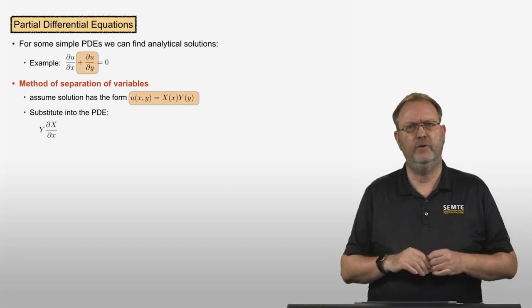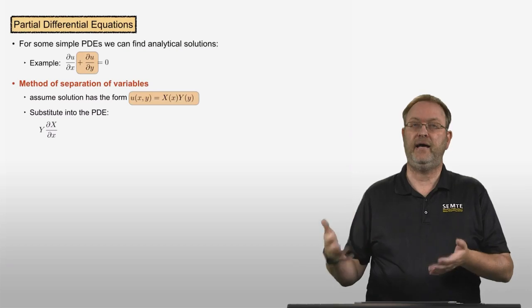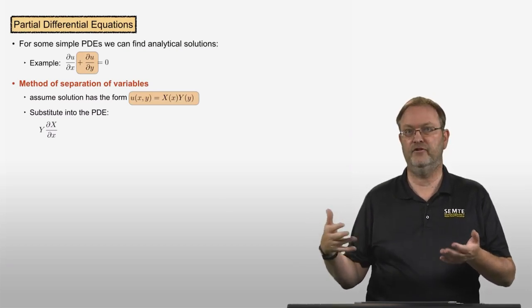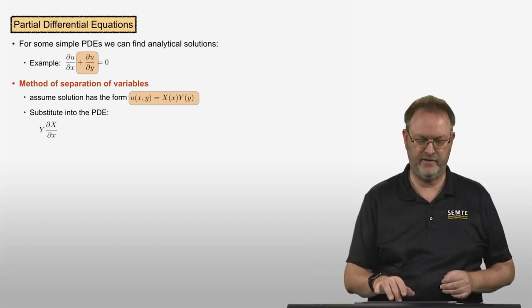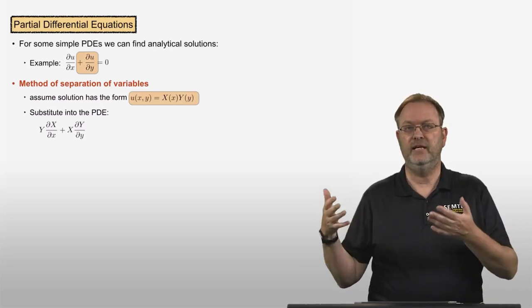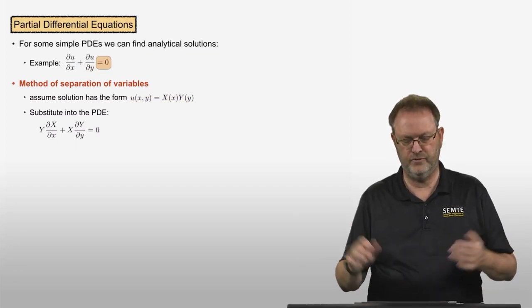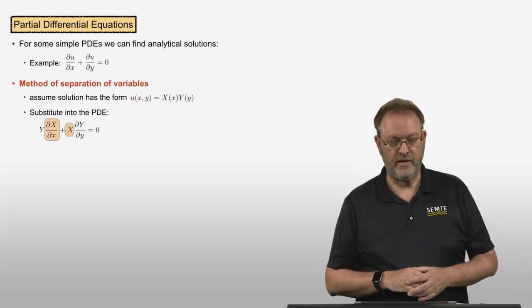Do the same thing with the partial derivative with respect to y. Uppercase X is not a function of y, so we can put it in front of the partial derivative. So we have plus uppercase X times dY d lowercase y, and that is equal to 0. Okay, so let's